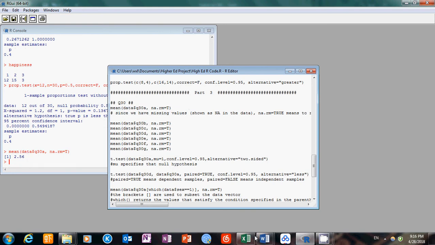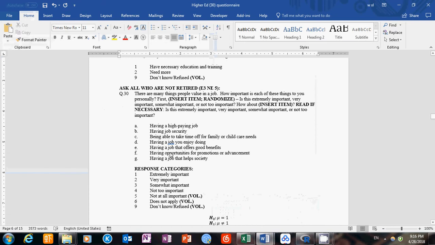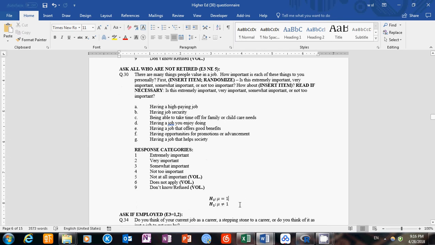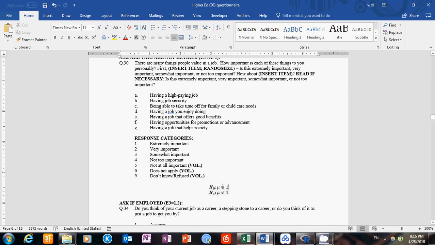That is in between very important and somewhat important. So it's kind of a little bit important, right? So it's not very important, but it's a little bit more than neutral. You can think of 3 as neutral, so it's a little bit above neutral, but it's not very important. And then given this, we probably would say, okay, people don't think it's extremely important, because